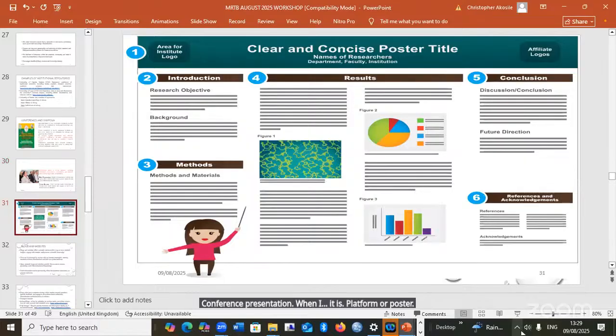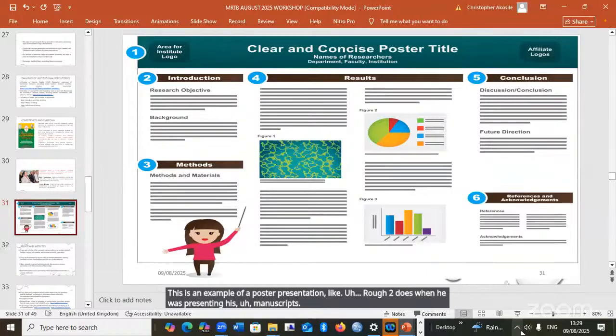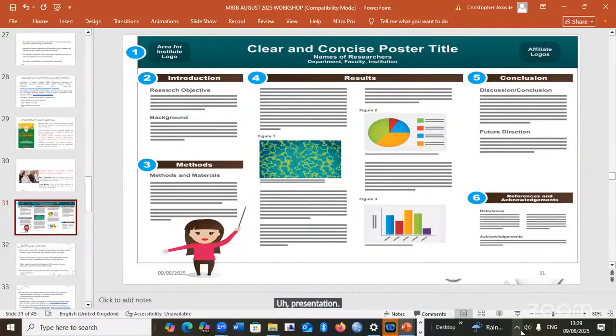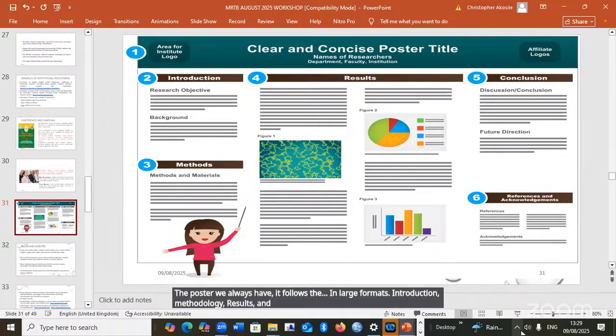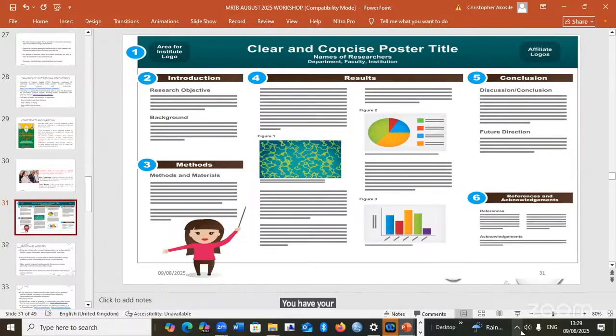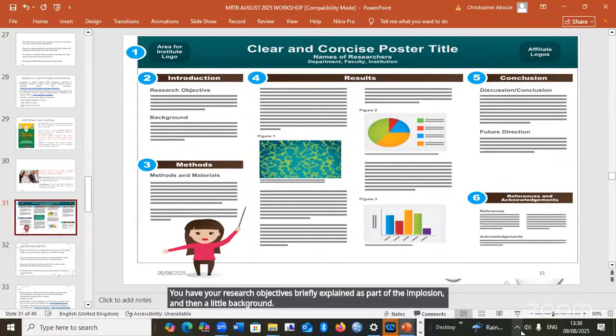This is an example of a poster presentation, like Prof told us when he was presenting his manuscript presentation. You have your research, and part of it is to have the poster. It always follows the IMRAD format: introduction, methodology, results, and discussion or conclusion. You have your research objectives briefly explained as part of the introduction, and then a little background to that.